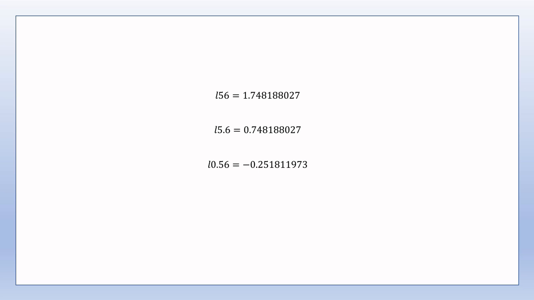So let's continue taking logarithms. The logarithm of 0.056 is equal to minus 1.2518111973. The characteristic of this logarithm is minus 2. The mantissa is still different from the first two, but is the same as the third logarithm that we found. And I think what Euler is getting at in this section, and this is probably because logarithm tables were being used, is that if we want to find the number whose logarithm is minus 1.2518111973, for example, then we'll have problems if we use the mantissa whose digits are